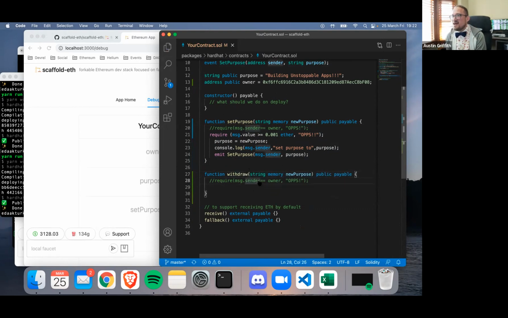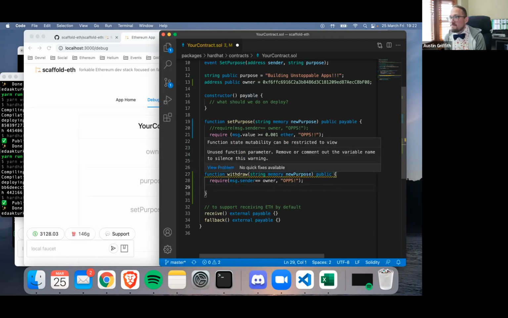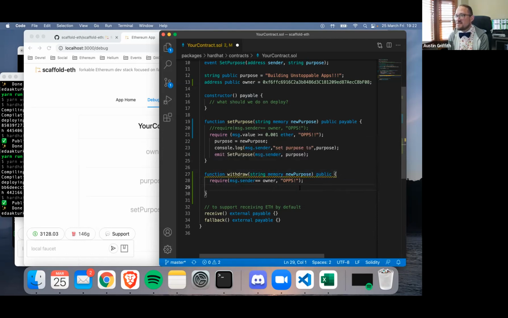All right, there we go. And you can clear out the stuff in the parentheses. We won't have them pass anything in, and it doesn't need to be payable either. It can just be a public function. Yeah, you can remove that new purpose stuff too. So the withdraw function will be callable. We don't need any of that. So this we remove. You'll need the parentheses though. It's still a function definition. So we just delete the stuff. Perfect. So now we've created a withdraw function that's basically going to be a button that only